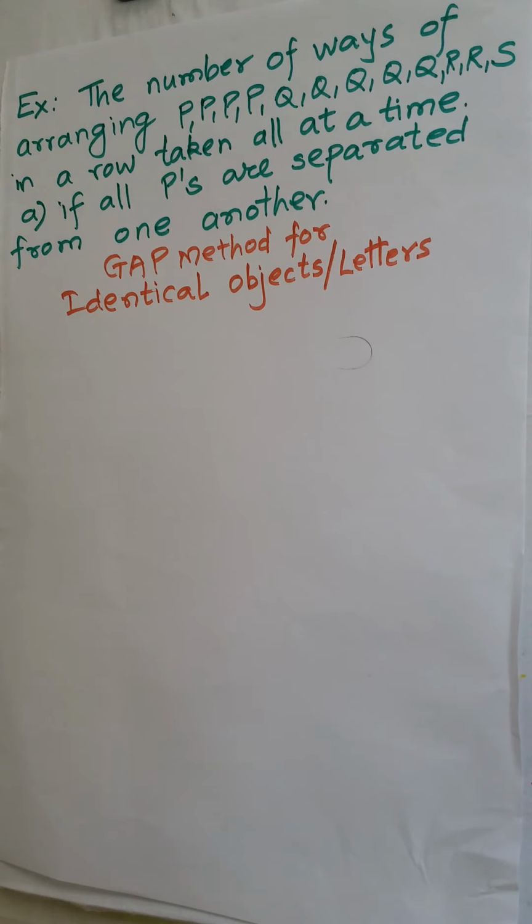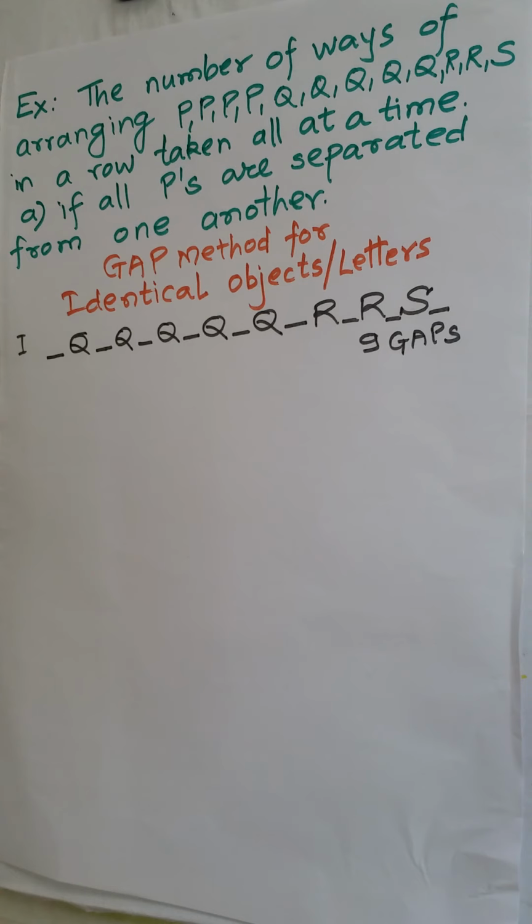That we will write now, first step. So the non-constraint letters were 5 Q's, 2 R's and 1 S. After writing them, what will we do? We will create gaps between them on both sides. So there are 8 such letters. So how many gaps are created? Yes, 9 gaps are created.